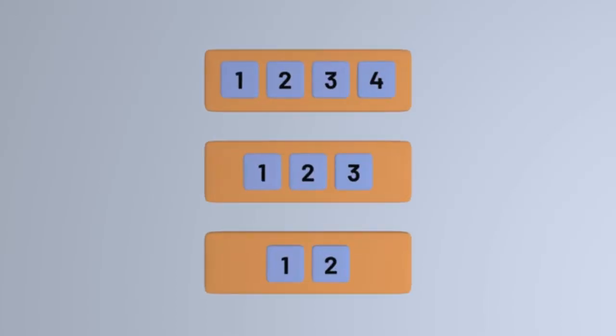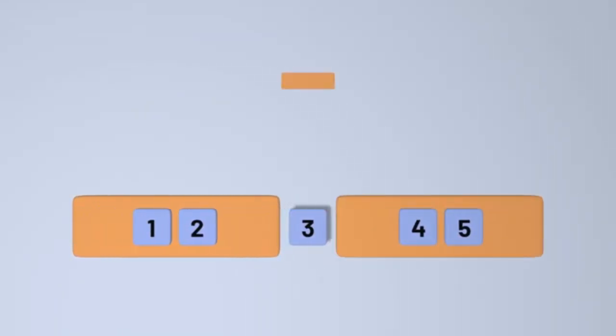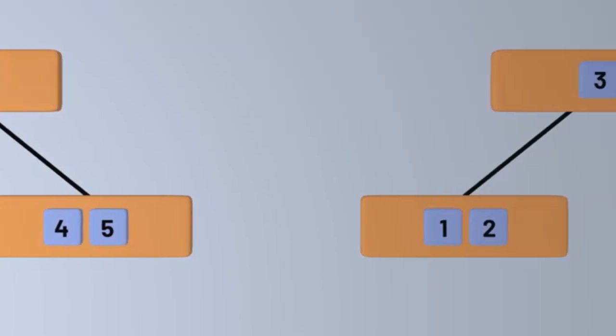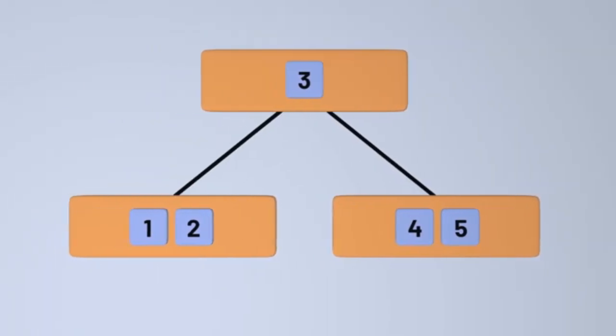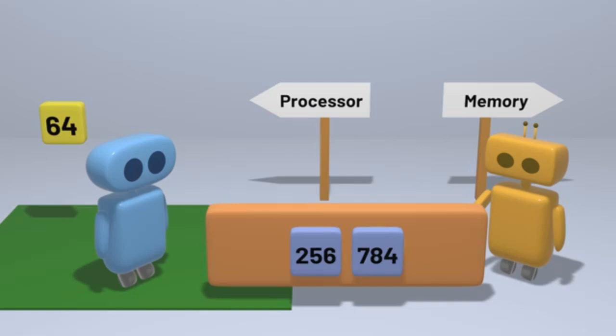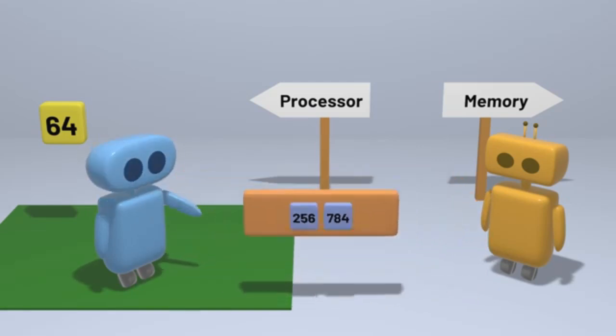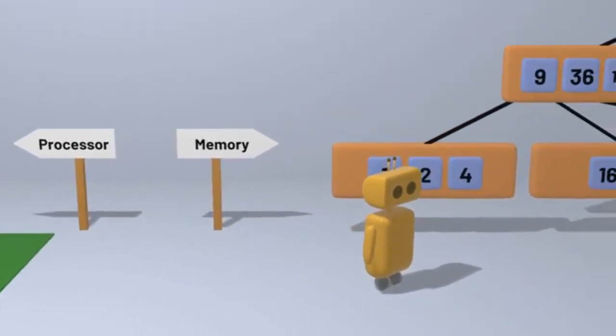And the property that nodes can be anywhere between half full and completely full turns out to be especially helpful. It means we can split up nodes when they get too full and merge them together when they get too empty. The fact that many nodes aren't completely full also makes inserting new data easy most of the time, since often we can just fill in an empty space in a node without needing to change anything about the rest of the tree. These properties make B-trees and variants on B-trees popular and elegant choices for handling data, especially in